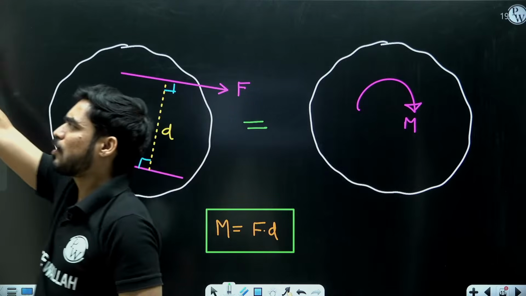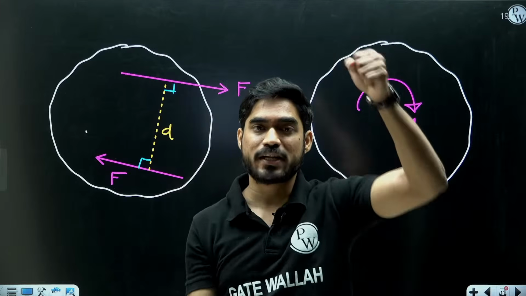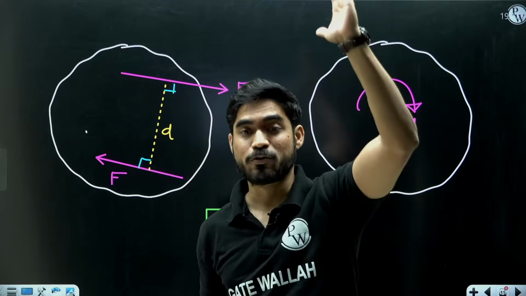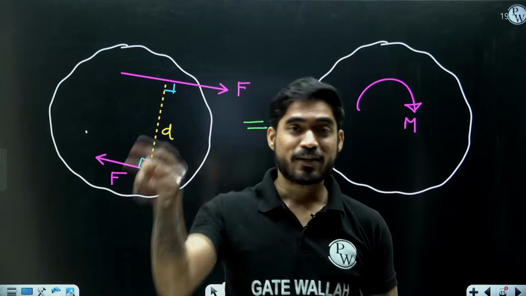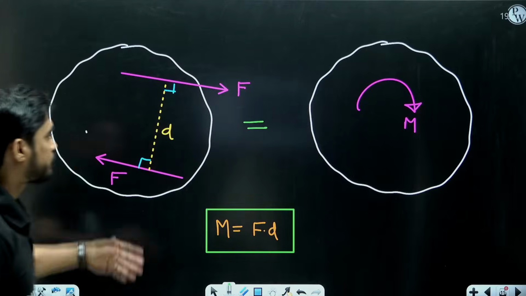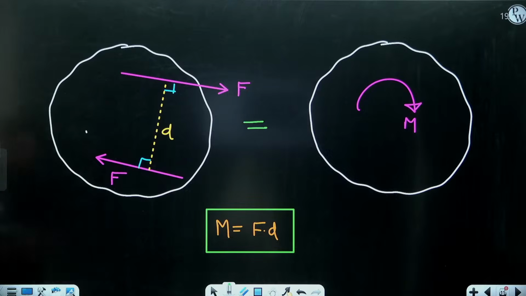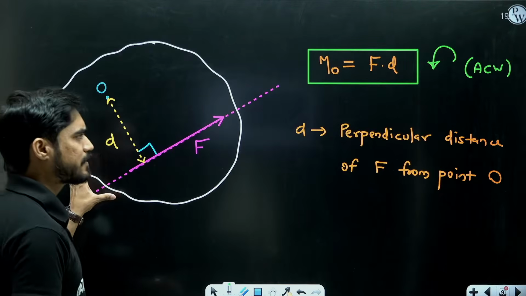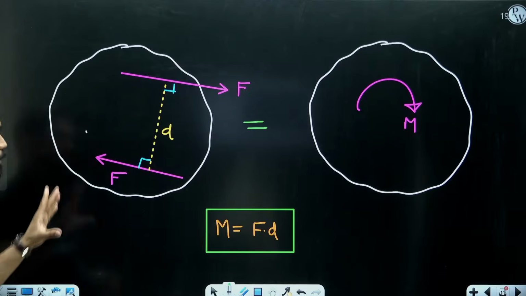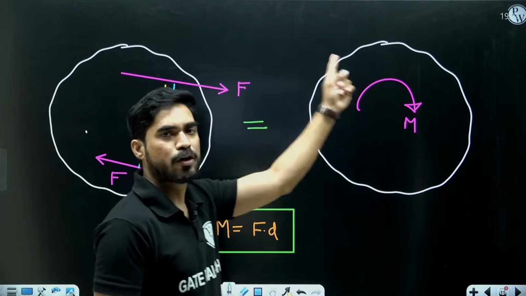What is the example of applying a couple? Moving steering wheel of a car. When we move steering wheel of a car, we are actually applying a couple. We apply equal and opposite forces which form a couple. So steering wheel has pure rotational motion. I hope you understood the example. So beta, moment of a force means the force has tendency to translate as well as rotate. But when we say couple, then the translation is cancelled, forces are cancelled, we are getting pure moment M.